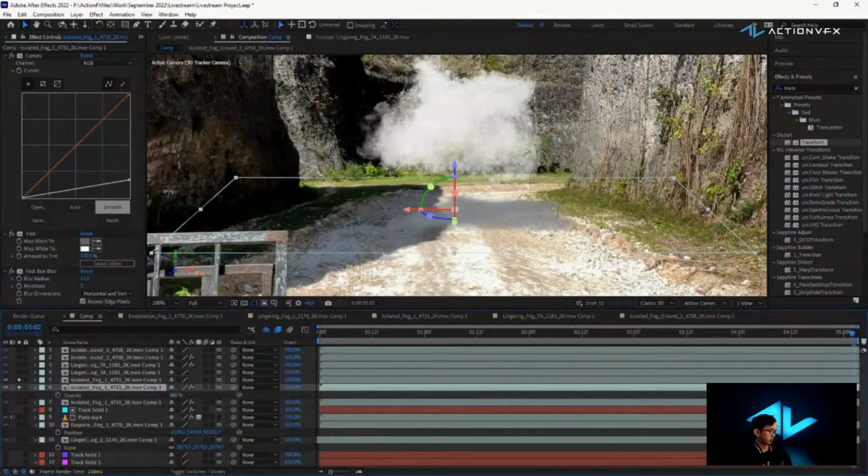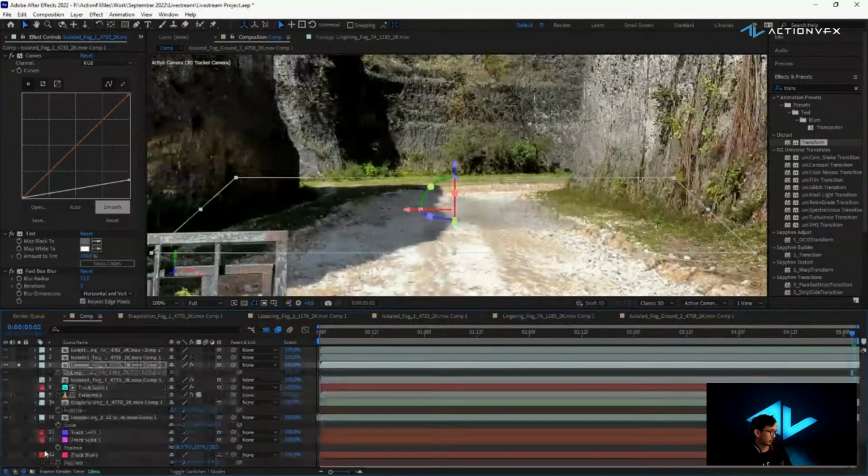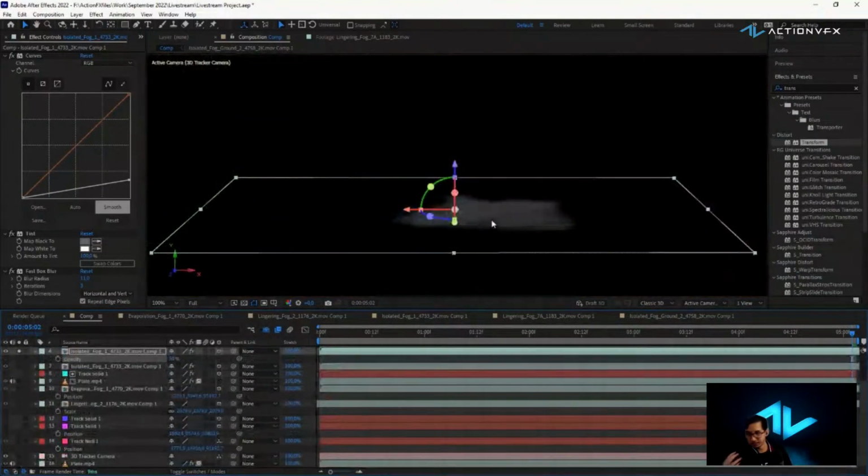And then of course you want to lower the opacity just a little bit. Basically, using this as a matte instead of just adding on top is actually the better way to go on creating a more realistic shadow. Because what happens is that when